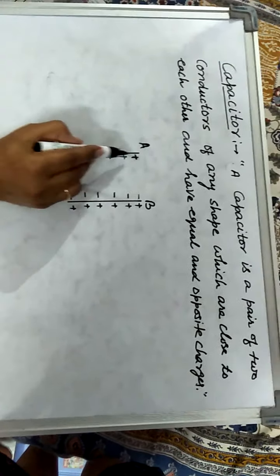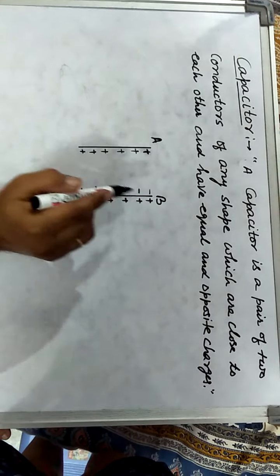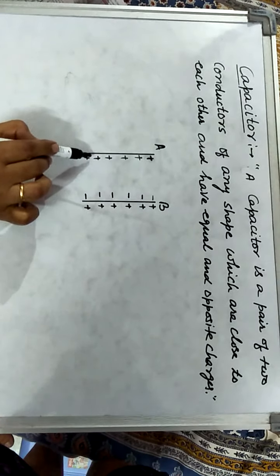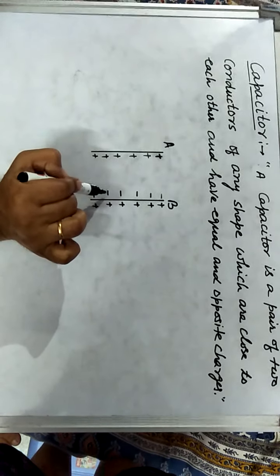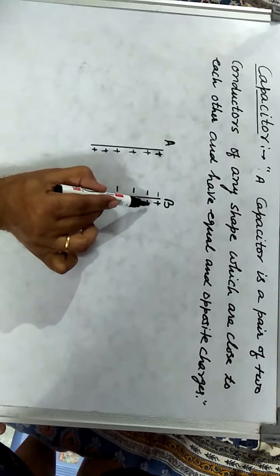It means on plate A we are giving the charge through a source, while on plate B, due to induction, or simply due to this positive charge, opposite charge is induced on the inner surface of B, and the same amount of positive charge is induced on the outer surface of B. And when the outer surface of B is earthed, then this positive charge on the outer surface of B is transferred to the earth.